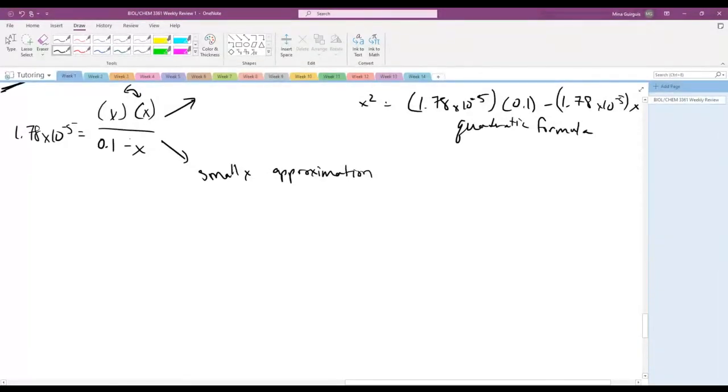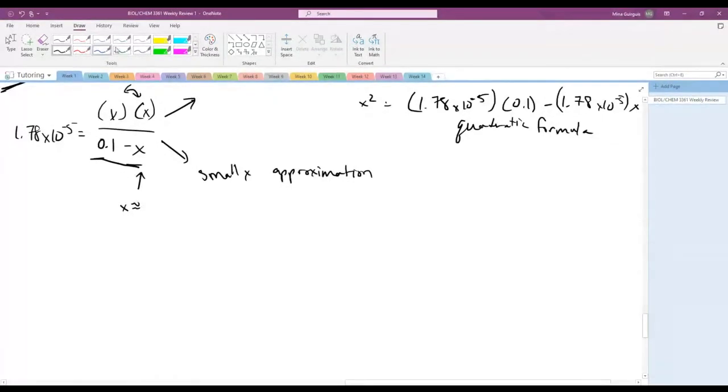Okay? And this is done basically when you have something minus x or something plus x. And it's almost always going to be in the denominator with this setup of question, which is pretty common. So the rationale behind this comes from the idea that x is going to be very small. So if x were